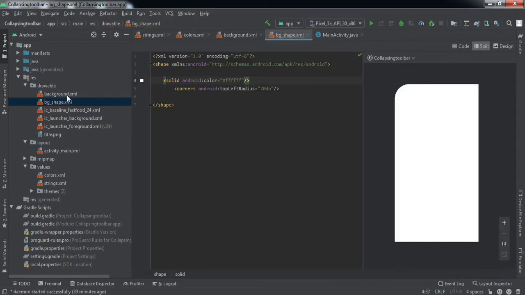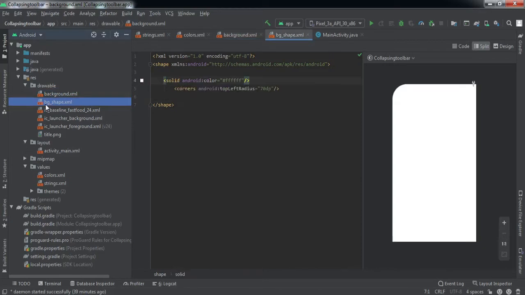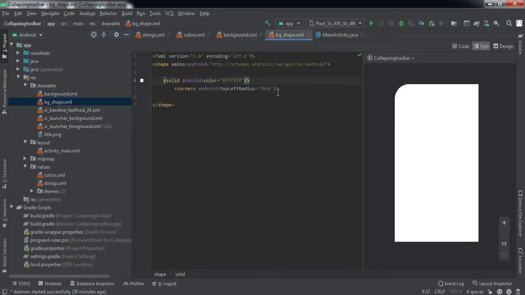So guys, we have added these two drawable source files. The very first one is for the background of the toolbar, and the second is this shape which we will be using in our XML file, right?